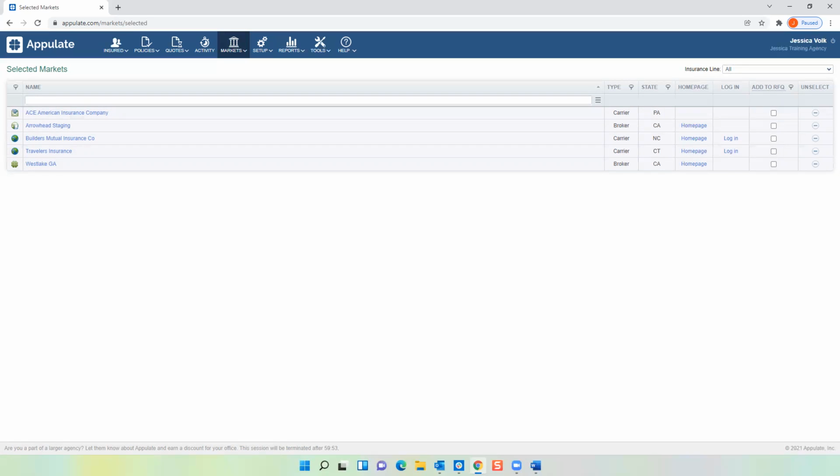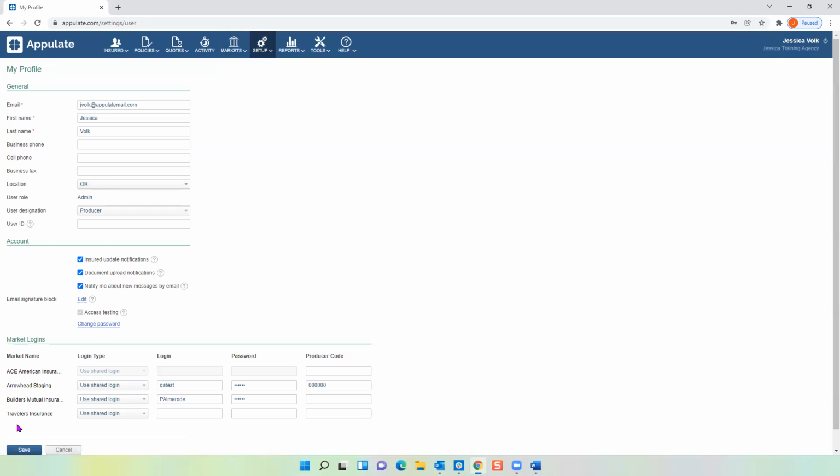So the last piece of setup is adding your credential information for markets that require it. So we're going to manage our passwords by going in the upper right-hand corner and clicking on your name. And down at the bottom is this market login section. I can't stress enough how important this section is. So this is where you can input your username, your password, and if applicable, a producer code for the carrier